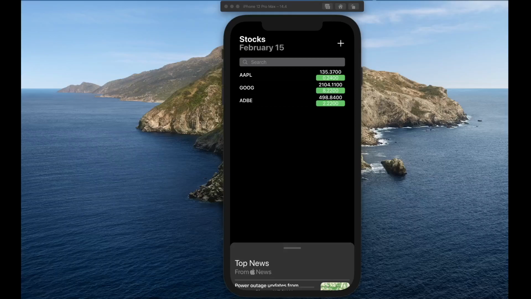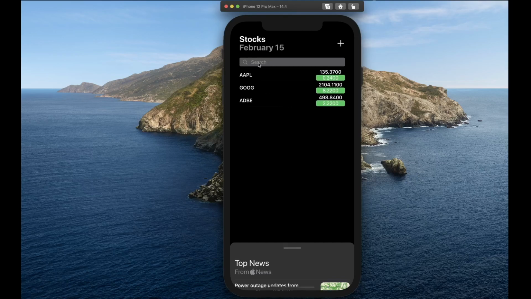Hello everyone, hope you all are doing great and welcome to this new video series on Stocks app, where we're going to be building a clone of the Stocks app that's present in your phone. And what we're going to be doing is pulling live stock market data using an API called Alpha Vantage. And we're going to be displaying the current list of watched stocks in this watch list.